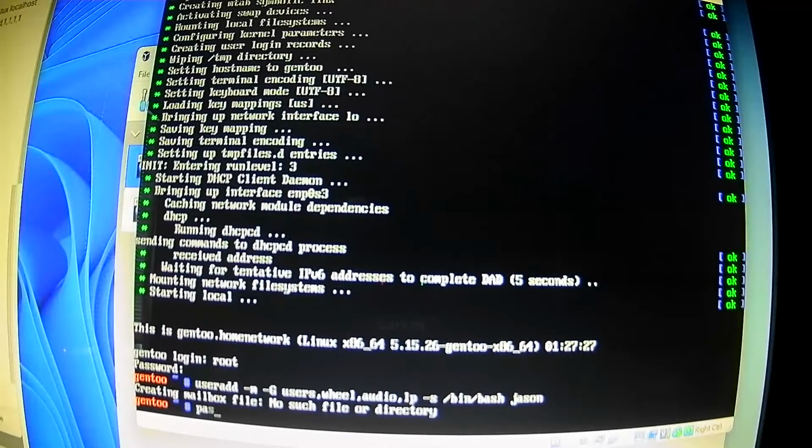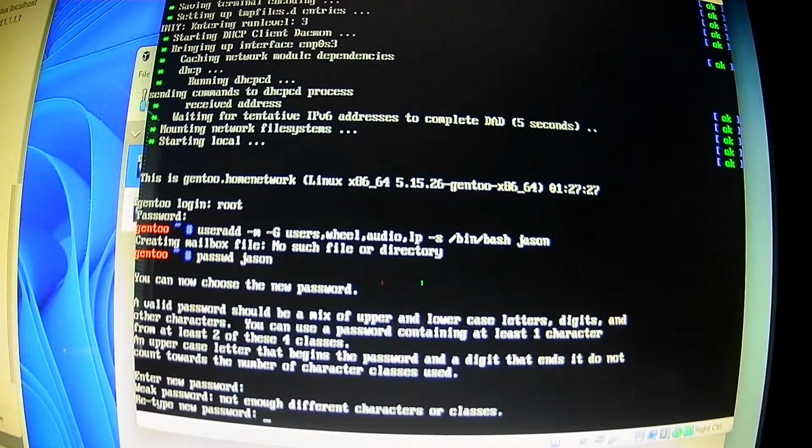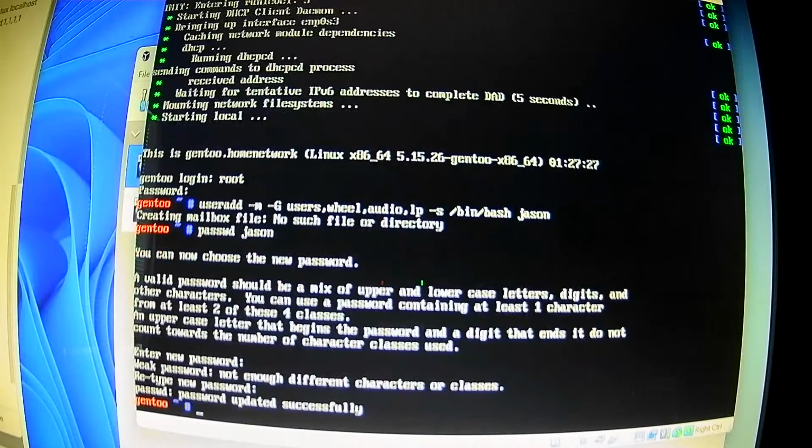Password for your user. Remember, ignore the message. If you've set it up right, then you can ignore the message. If it's obviously not set up right, it's not going to work. All right. So next,